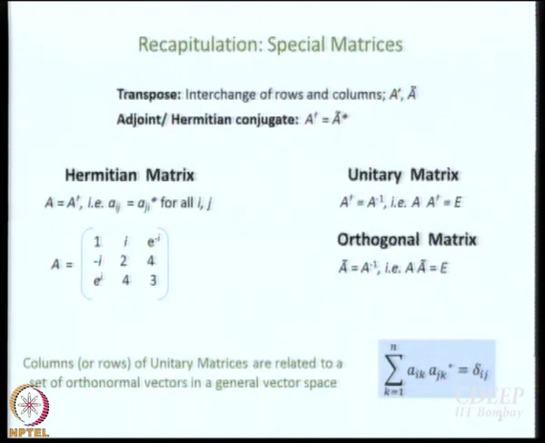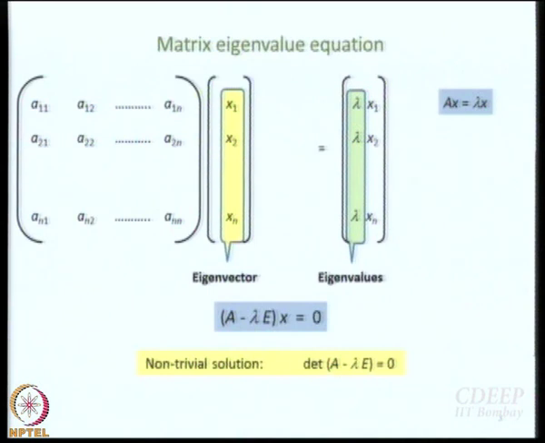So, this is something that we had demonstrated, and then we had talked at length about matrix eigenvalue equation, and we said that what happens is you can have the situation where a square matrix multiplies with an eigenvector x1, x2, x3, x4, so on and so forth, xn, to give you the same vector multiplied by an eigenvalue lambda.